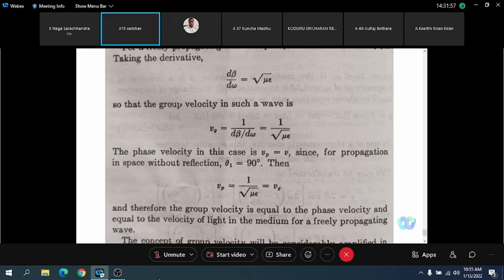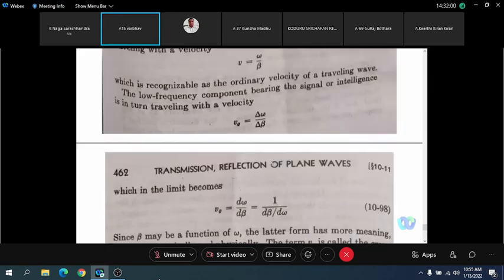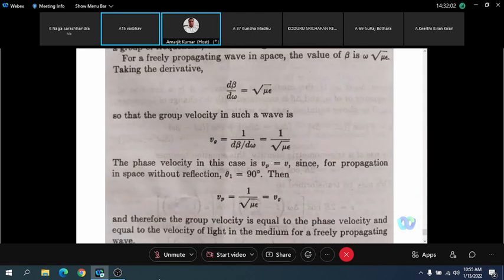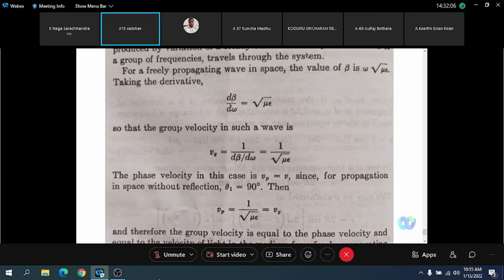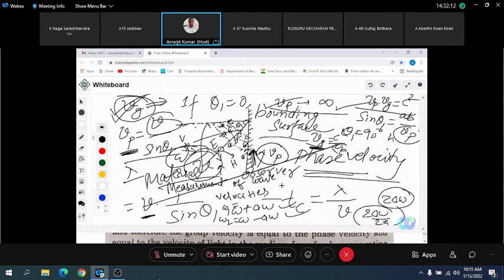Not this relation, sir. I was asking about phase velocity Vp and V, sir. Vp is equal to V by sin theta. Okay, the relation, kindly explain again. Vp is equal to V upon sin theta 1. So you want to understand this one basically: how we derived Vp equal to V upon sin theta 1.